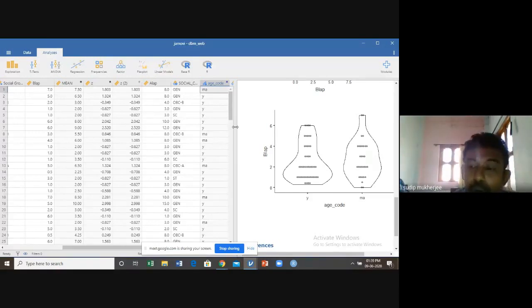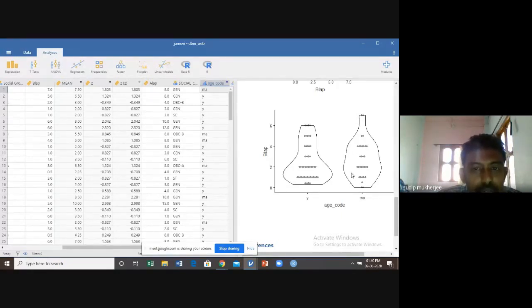Our objective is, from the diagram we already showed you, that the nature of the distribution is different age code wise. That means we try to find out if there is any significant difference in computer uses before lockdown with respect to the age group.